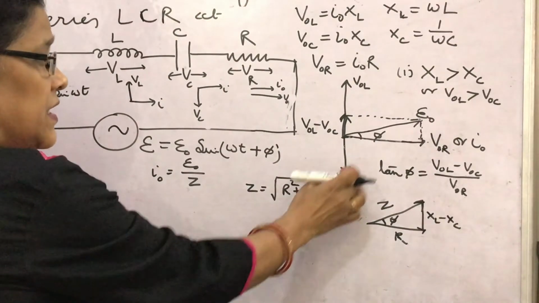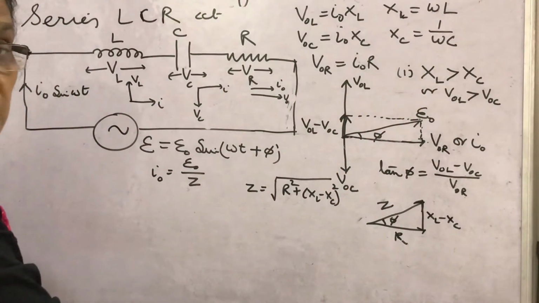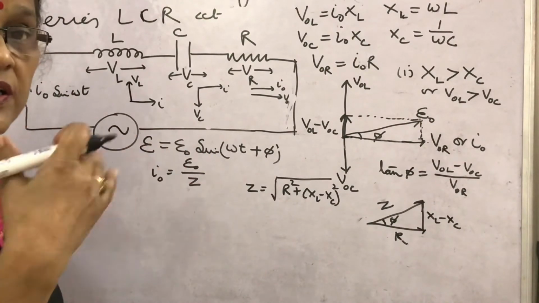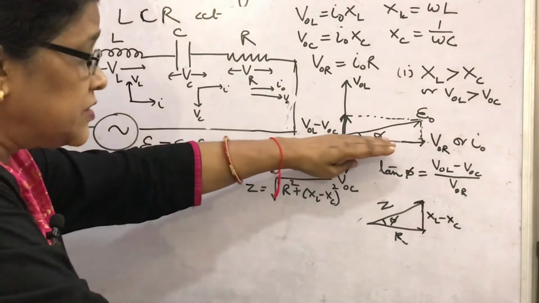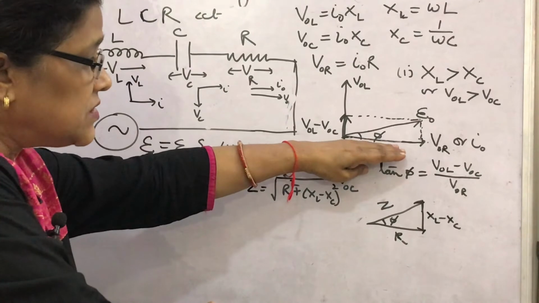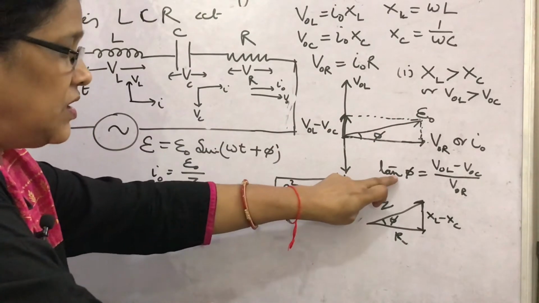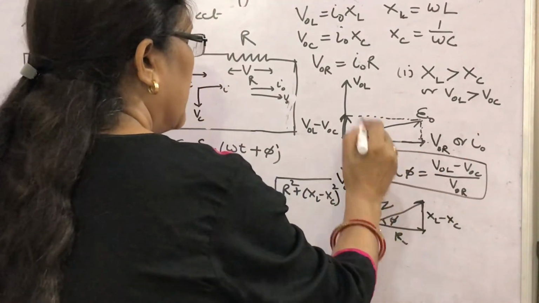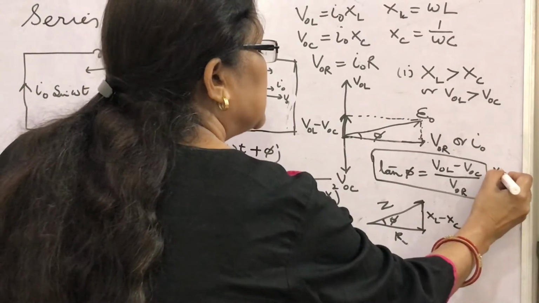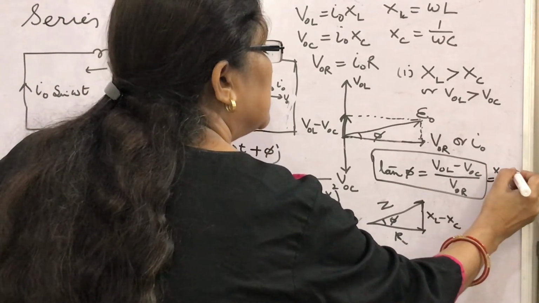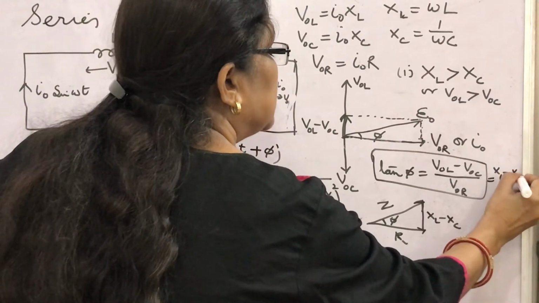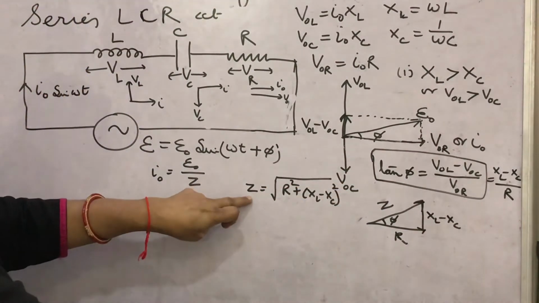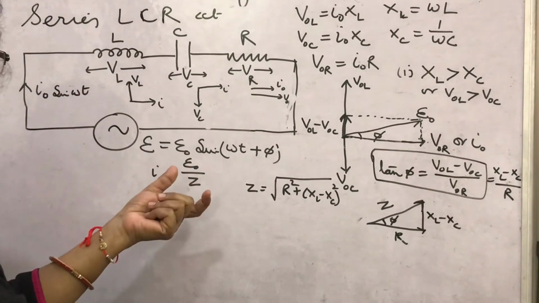If XL is greater than XC, as we have considered the case, then the circuit will be inductive. And you know, in an inductive circuit, the voltage leads the current. Here, it is not purely inductive, so voltage is leading the current by an angle phi. This is called the phase angle. So, by determining the phase, you can write tan phi as XL minus XC upon R. By determining the phase angle and the impedance, we can solve any of the questions.